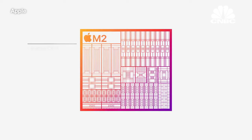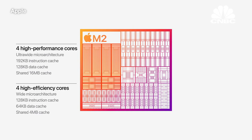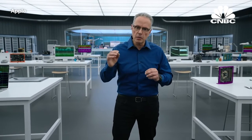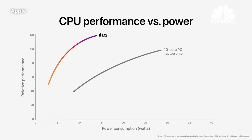M2 features our next-generation CPU with advancements in both the performance and efficiency cores. The performance cores are faster and feature larger cache, and the efficiency cores have been significantly enhanced for even greater performance gains. Together, they rip through CPU-intensive tasks using very little power. When we look at the multi-core CPU performance of M2 compared to M1, it delivers 18% greater performance. And compared to the latest 10-core PC laptop chip, the CPU in M2 delivers nearly 2 times faster performance at